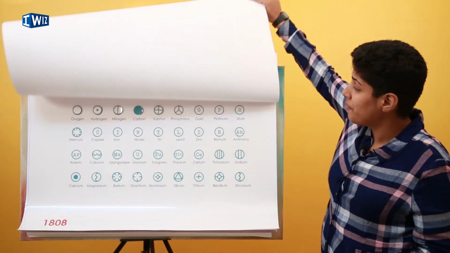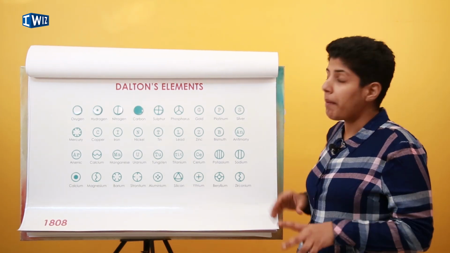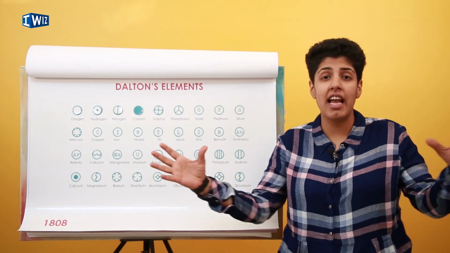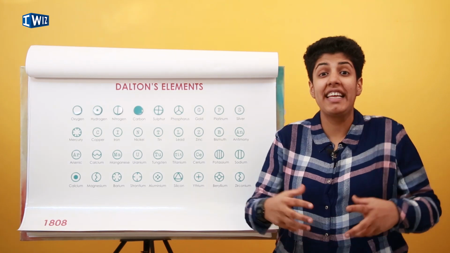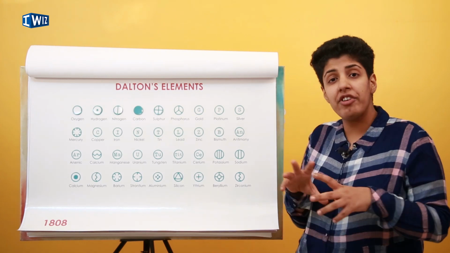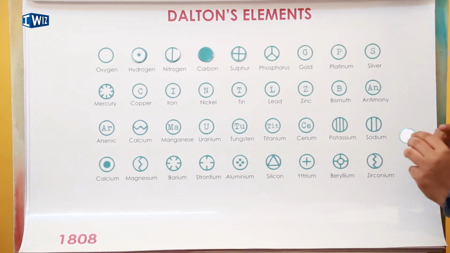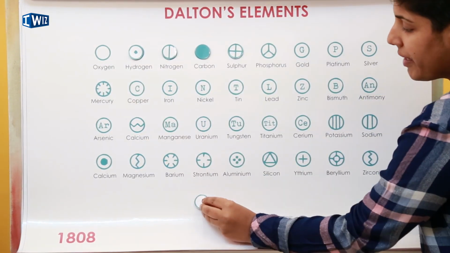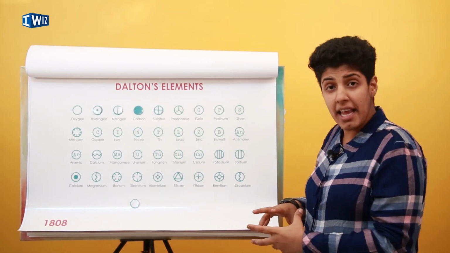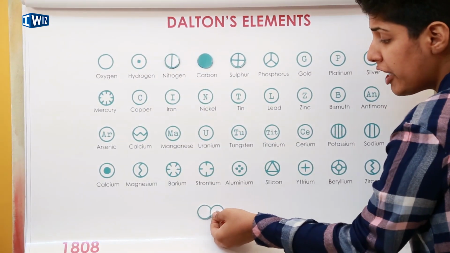Let's see who's next. We have Dalton. In 1808, Dalton published his theory of what an atom is. That was the first time the word atom was actually given a meaningful definition. The word was coined before, but Dalton gave it all these properties. He said that an atom of a particular kind is going to have the same properties. An oxygen atom is always going to be an oxygen atom. It has similar physical properties, the same mass, and it's going to combine with other compounds in a specific ratio.